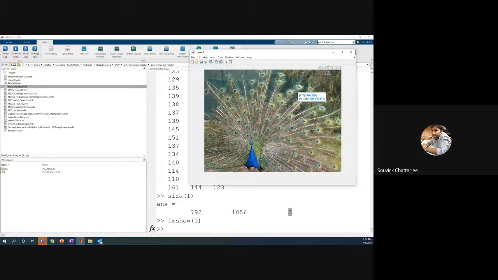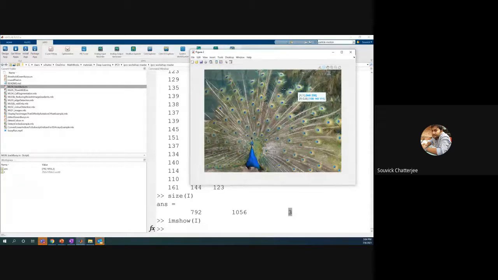Even if you are using Instagram, and you add a filter on top of a selfie that you have taken, what is actually happening? It's matrix manipulation. The selfie that we have taken is an image, and the filter is another thing that we are superimposing on top of it. So basically at the back end, these are all matrices.